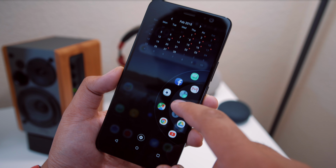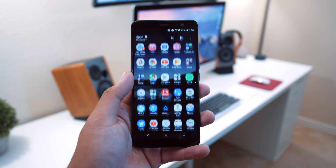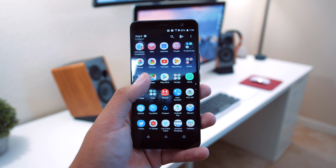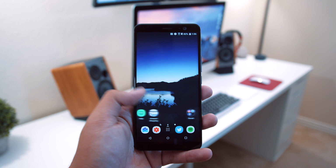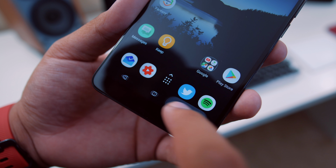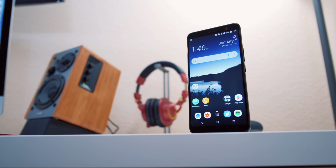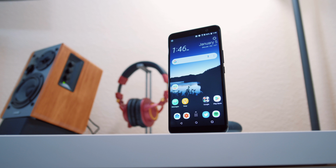In terms of software, you're looking at HTC Sense slapped on top of 8.0 Oreo, and as far as skins go, this one isn't too bad. It doesn't bog things down, it's quick, it keeps a few things from stock Android, and it's customizable too, with things like themes and the ability to add a second page to the navigation bar. Overall, HTC Sense remains clean, which is good, but as you can probably tell, it is way past due for